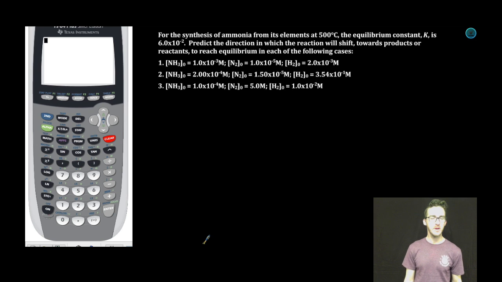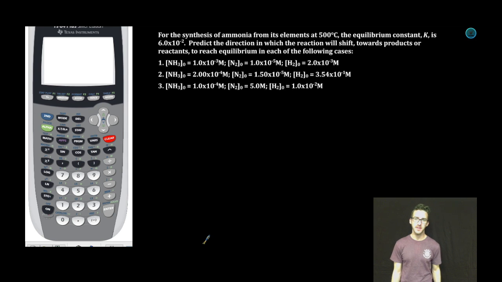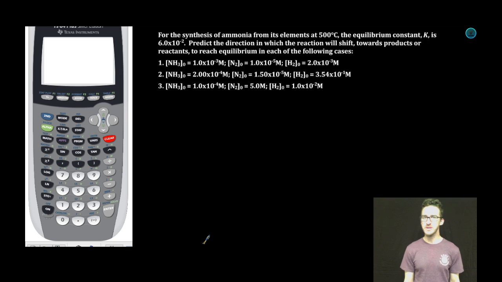Who is ready to compare my Q to my K? Okay? For a synthesis of ammonia from its elements at 500 degrees Celsius, the equilibrium constant K is 6.0 times 10 to the minus 2. Predict the direction in which the reaction will shift towards products or reactants to reach equilibrium in each of the